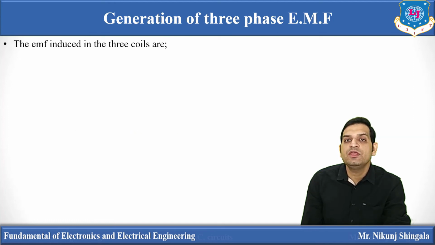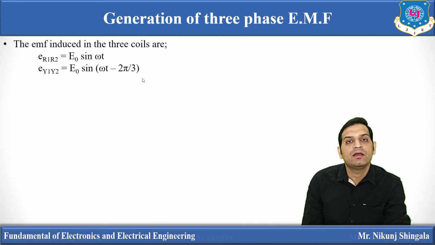Now EMF induced in these coils can be represented by mathematical equation, that is E_R1R2 is equal to E0 sin omega t, because it is assumed to be a reference. There is no phase shift, so the phase angle is 0. Now E_Y1Y2, that is the EMF induced in the Y1 Y2 coil, is given by E0 sin